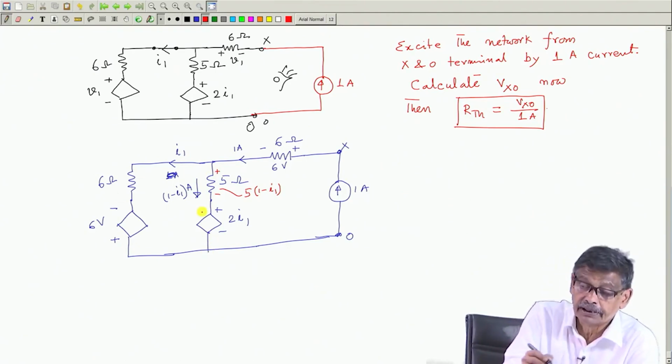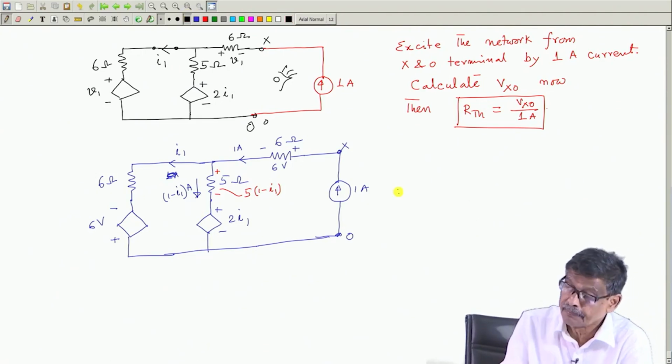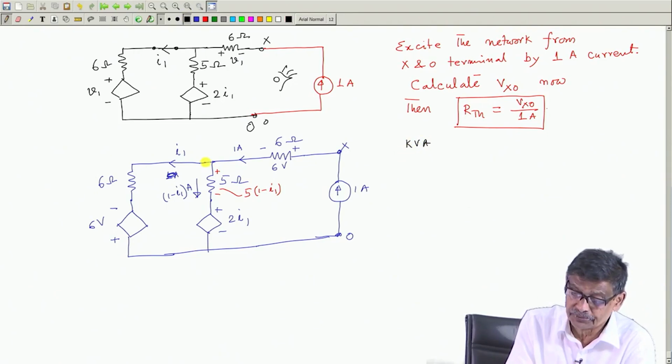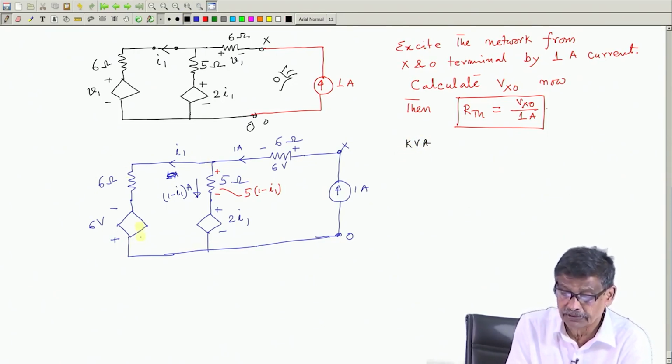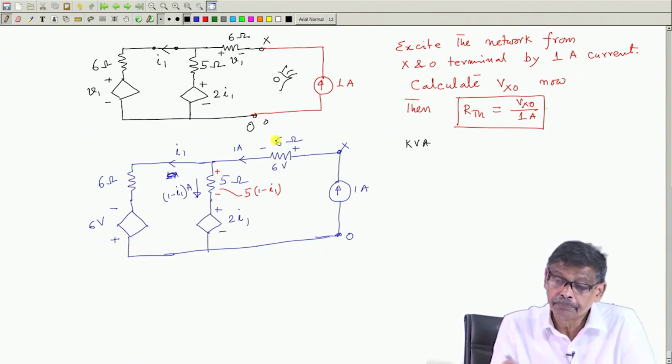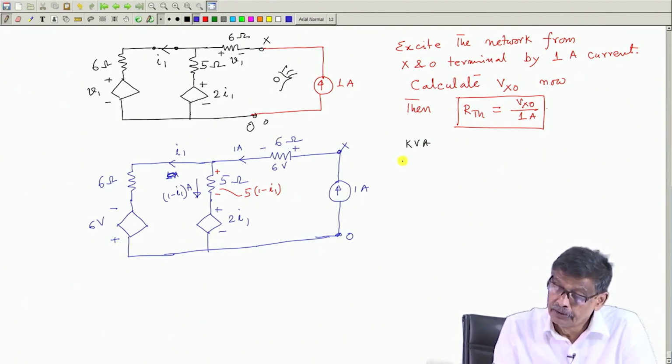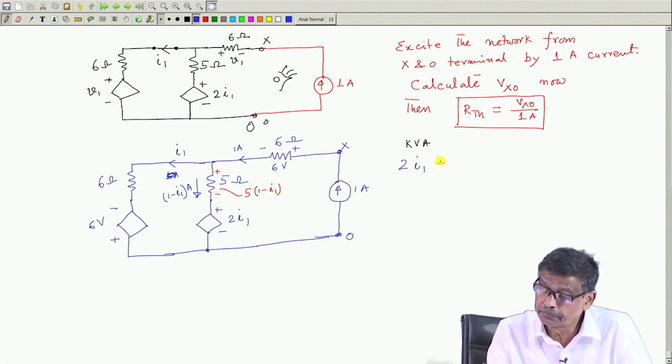I am not naming the loops, I am identifying the loop in this way. So, it will be 2 I1, start your journey from this point, from this to this minus 2 plus, then from this to this also minus 2 plus. So, write plus